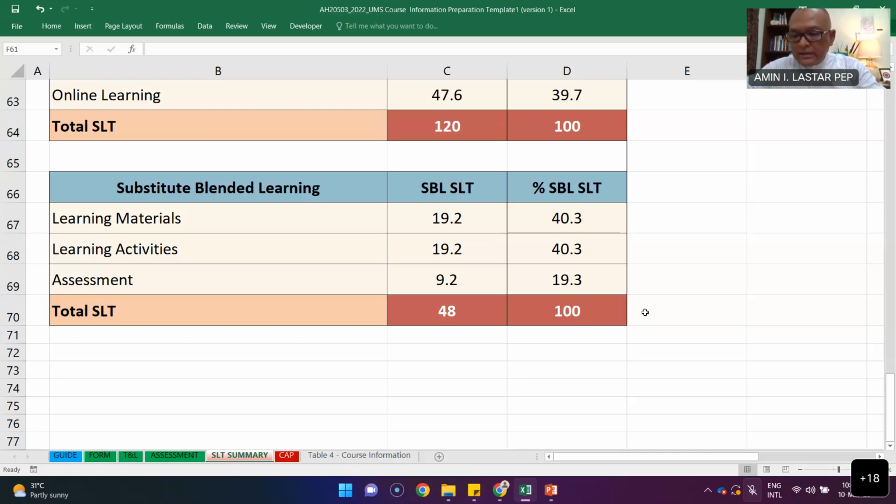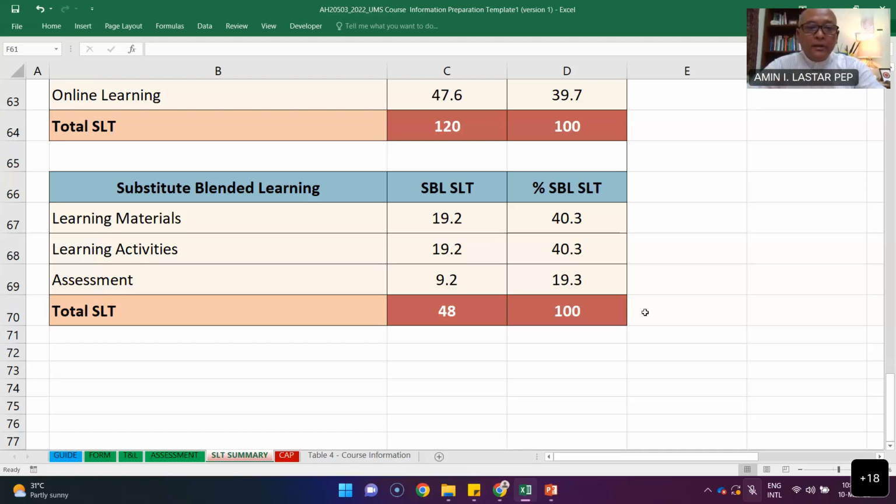So I think that is all from me on this aspect of implementation, ITEL and its implementation. Before that, I would like to inform everyone one more time that PTG with the 40-40-20 formula will only be implemented in the next session, while ITEL is fully implemented in next semester 2.